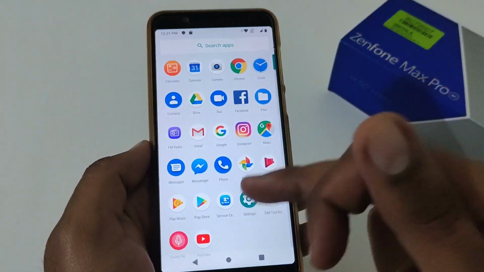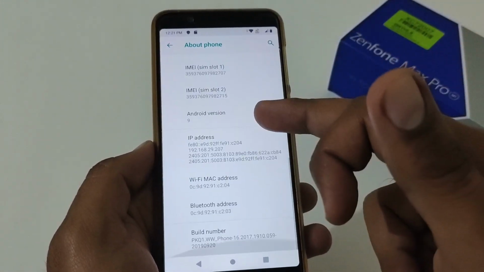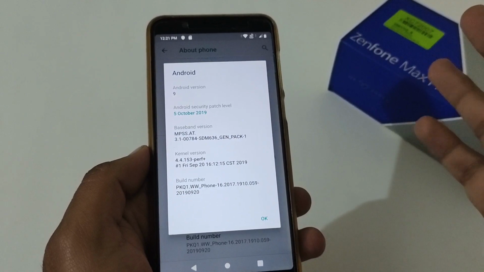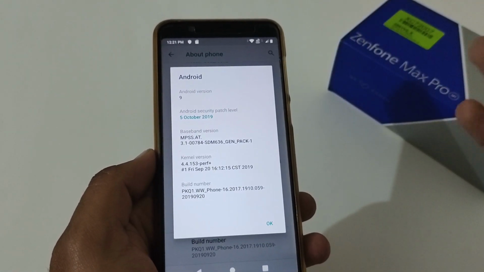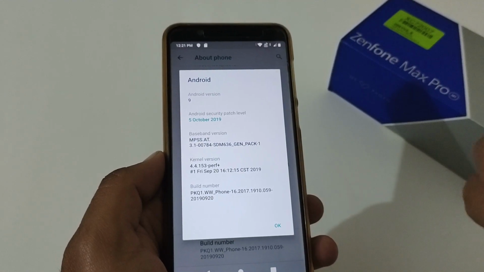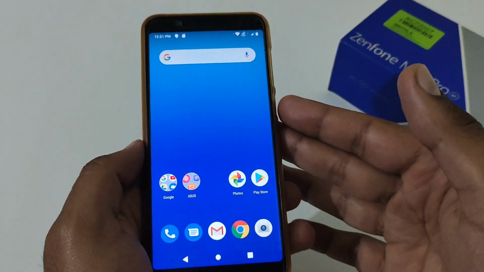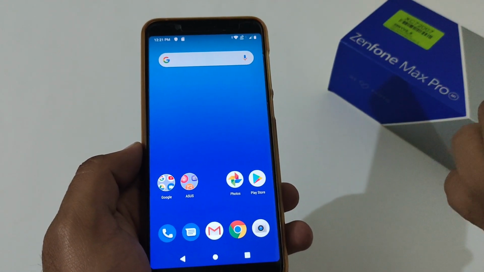Now let me move to the settings section and confirm that we have successfully downgraded to the Android Pie version 059. From Android 10, be it beta 1, 2, 3, 4 and 5, this is applicable for all the beta versions. We have successfully downgraded to the 059 version. So using this version you can successfully downgrade from Android 10 to Android 9.